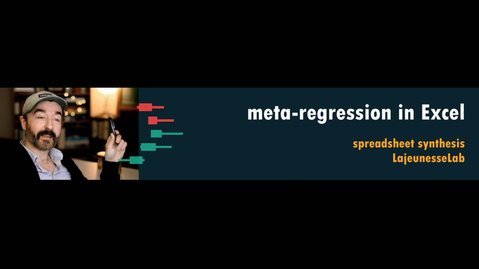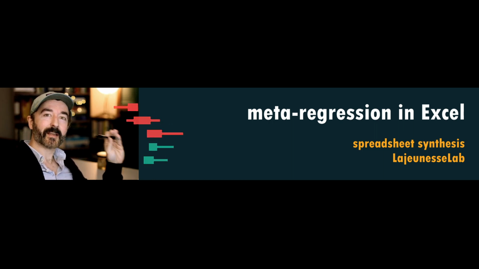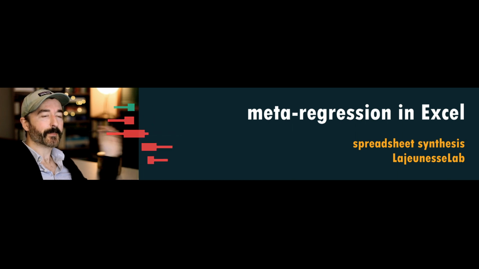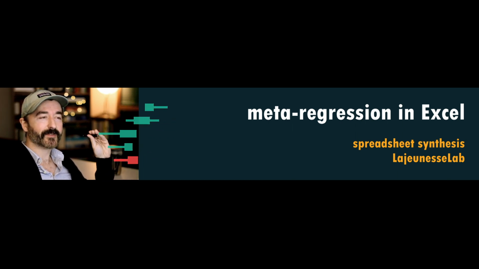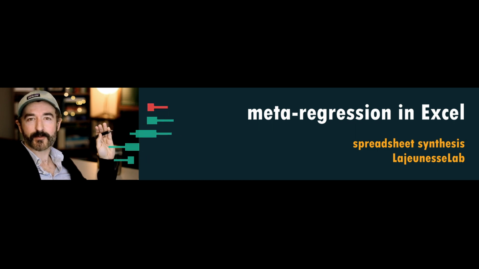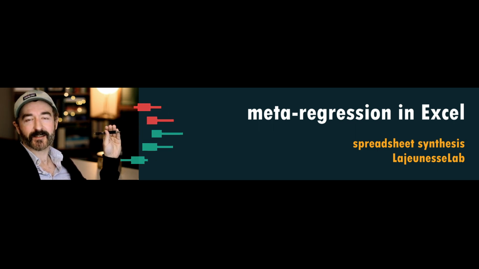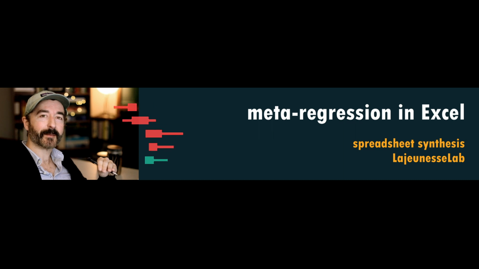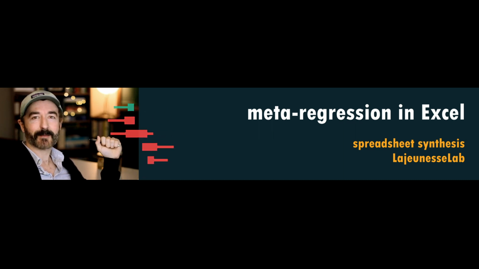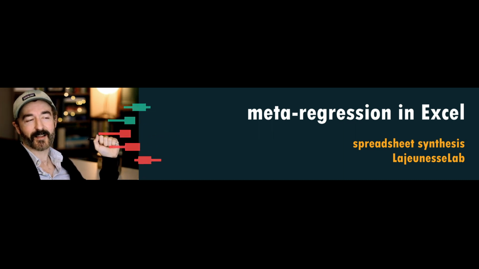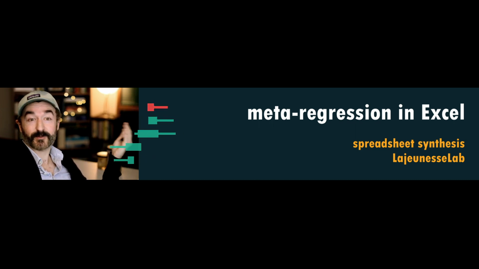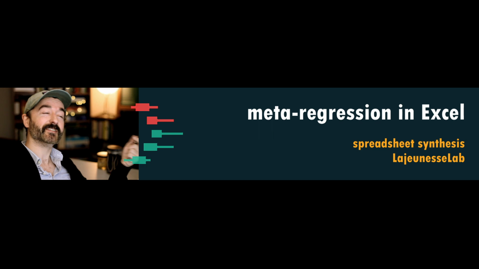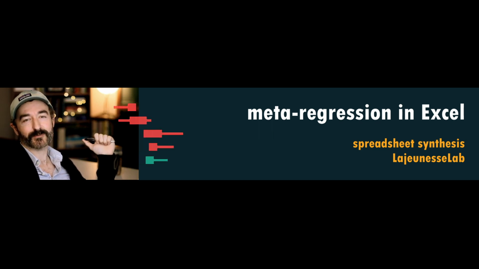All right, today we are going to pull together a meta-regression in Excel. In a previous video, I did a meta-analysis using a sums of squares approach to synthesizing the effect sizes. This time, I'm going to make use of some of the matrix algebra functionality in Excel. It's not super elegant, but we could still do matrix algebra, which is important if you want to do a